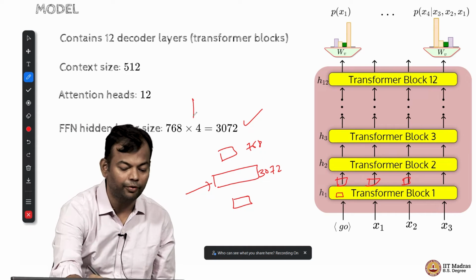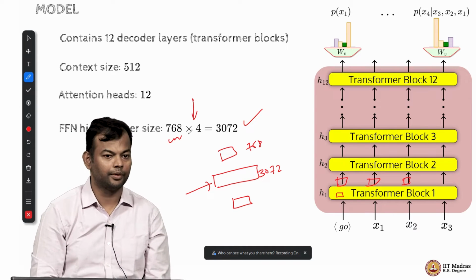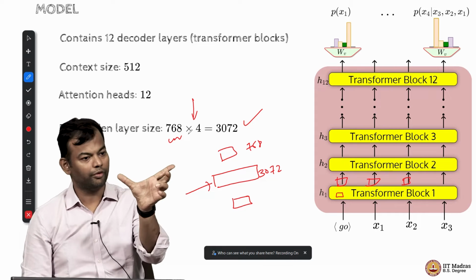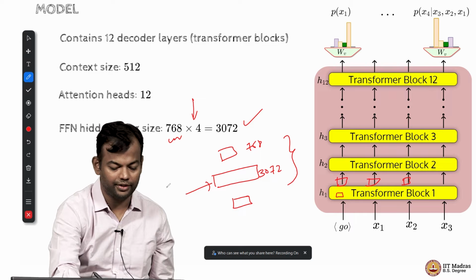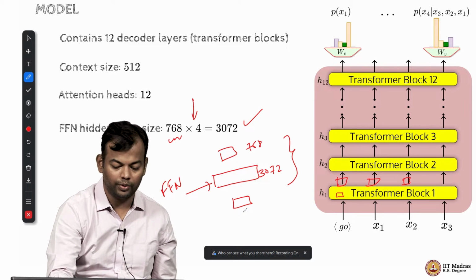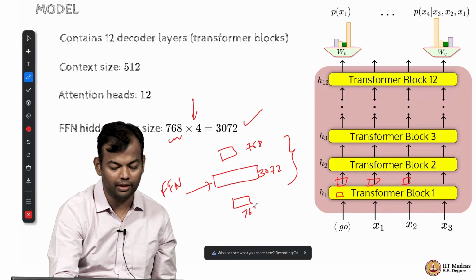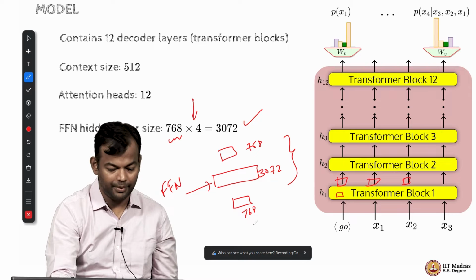It just says that it was 4 times the model size, right. So you chose to do a 4 times expansion and then again brought it back to 768. So this figure is your FFN, which takes the 768 dimensional input, which is the representation computed